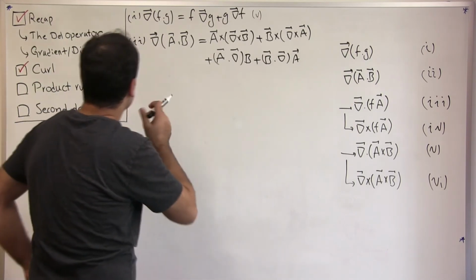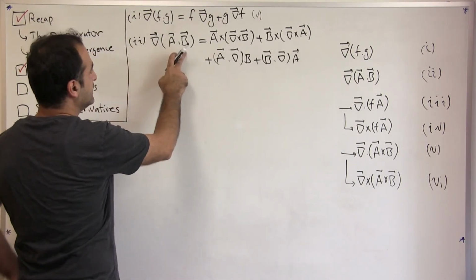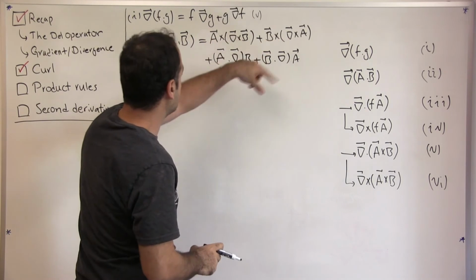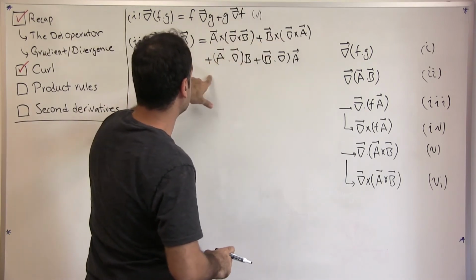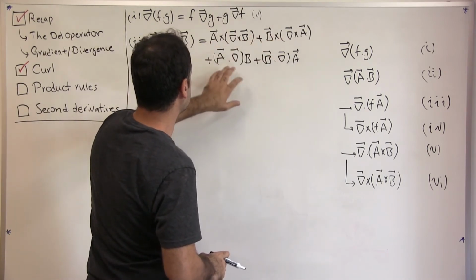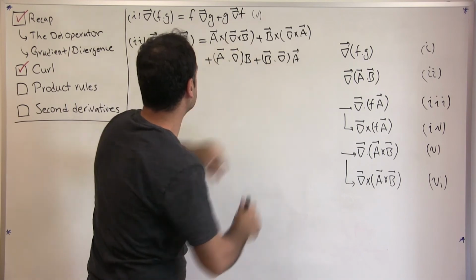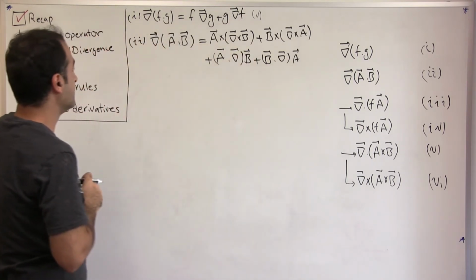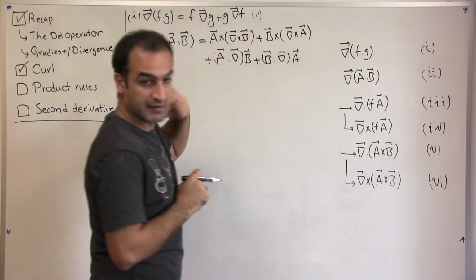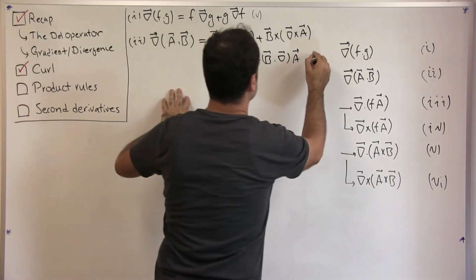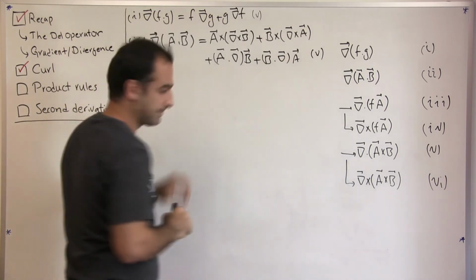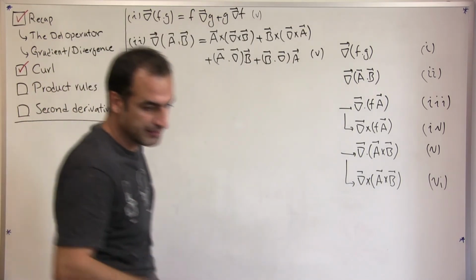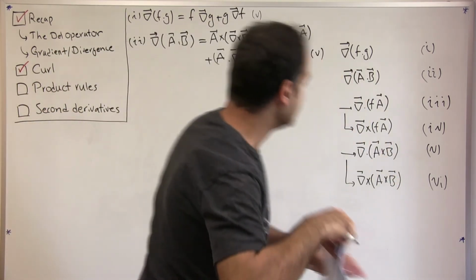So the gradient of this is going to be four terms, with cross products in the first two terms, and dot products with del times the vectors in the third and fourth terms. Okay. Each of these terms is a vector, so the combination as a whole is a vector. Okay. So number three